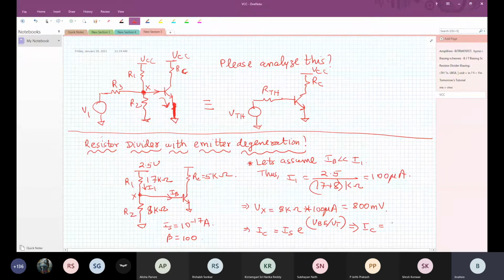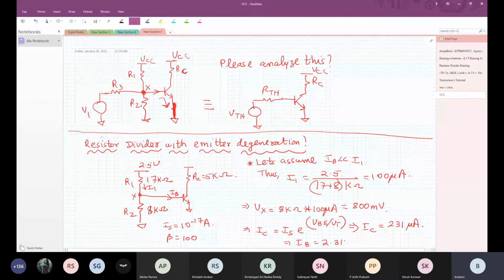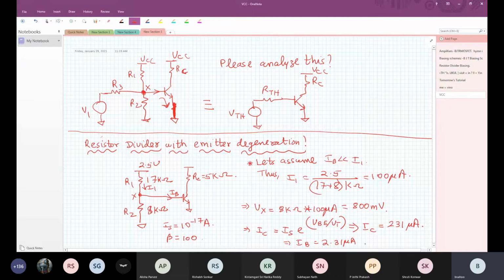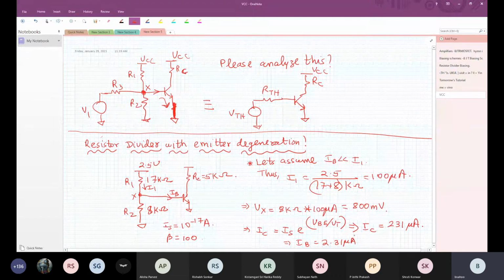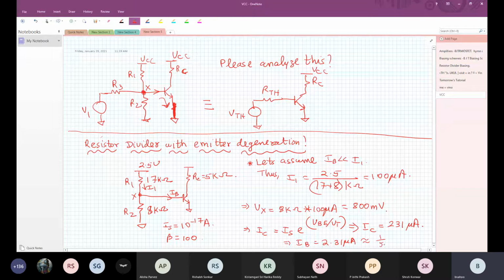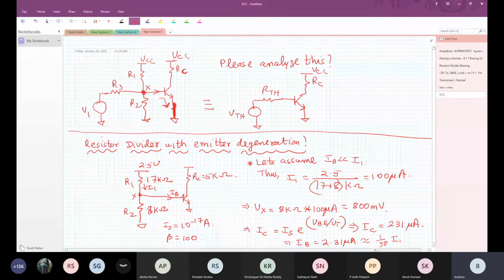Okay. So therefore, IB is going to be 2.31 microamp. Correct? Now clearly 2.31 microamp is roughly 1 by 50 of I1. So our assumption is correct. So assumption is correct. Okay. So that means it is okay. Everything looks okay here. Now,